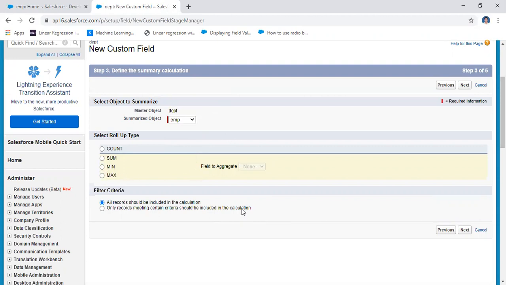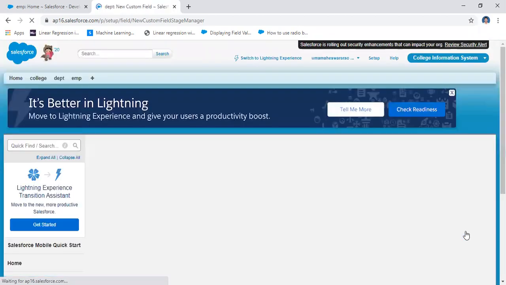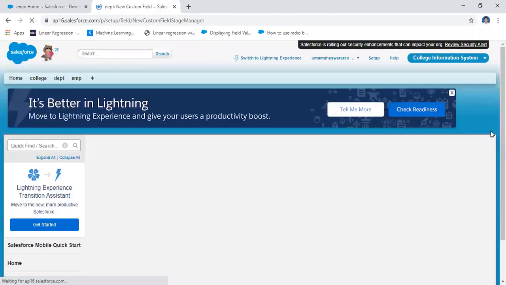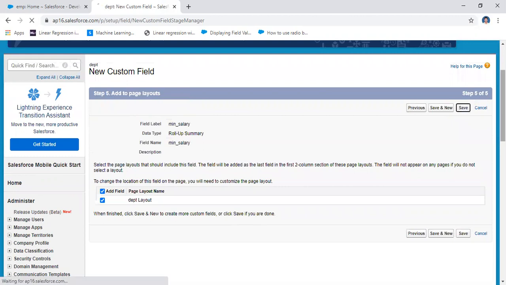Here I'm going to create the minimum salary of department 10, minimum salary of department 20. Like that you may calculate the maximum salary of department 10 and department 20. Next, go to Next, and then save it.